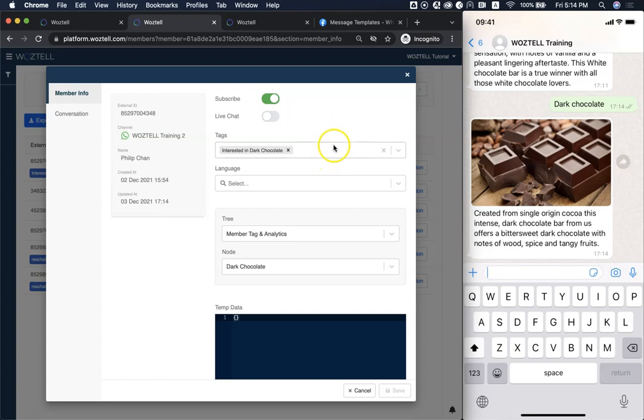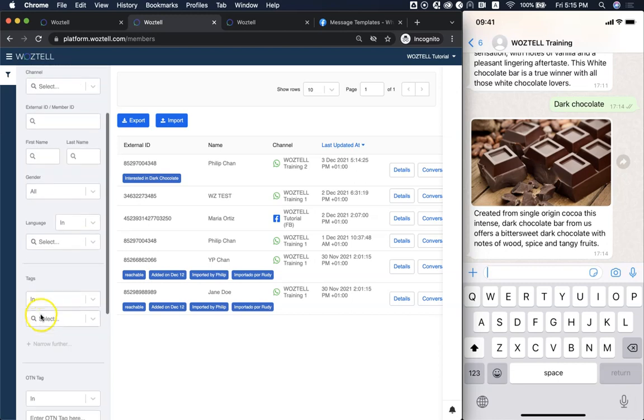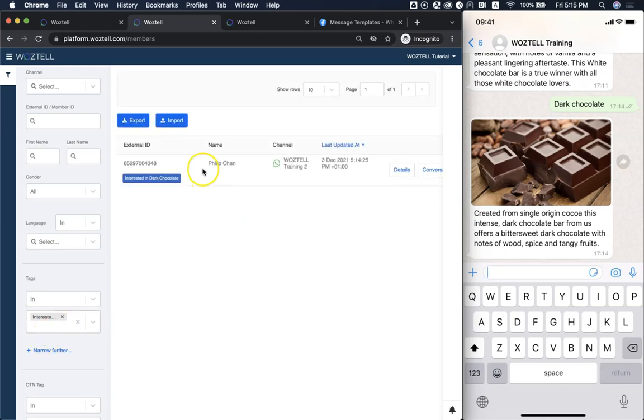So it depends on how you want to manipulate the tags. But at least now, when you just want to find out and isolate the people who are interested in a certain product like dark chocolate, you can just filter it here in the member page. And then you will filter out the people.